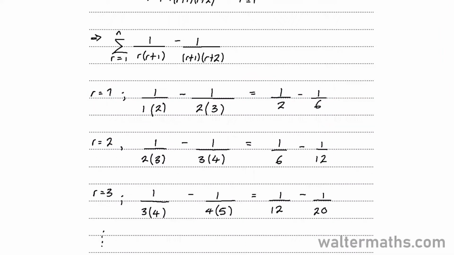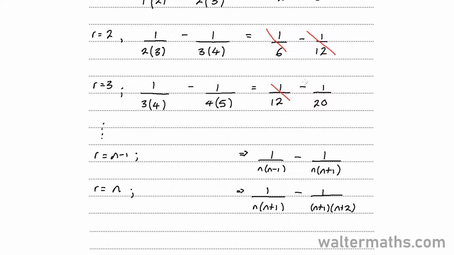So if we are going to add up the terms in the series, then minus a 6th will add up to a 6th. Minus a 12th will add up to the 12th. So all this will give us 0. So minus 1 over 20 will add up to another 1 over 20 to give us 0. And so will this here. And minus 1 over n of n plus 1 adds up to 1 over n of n plus 1 again